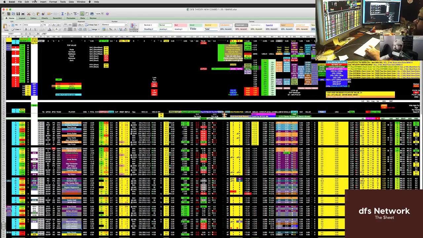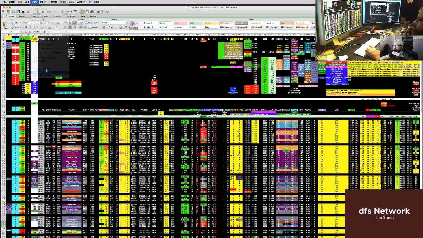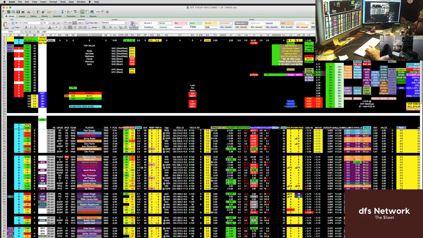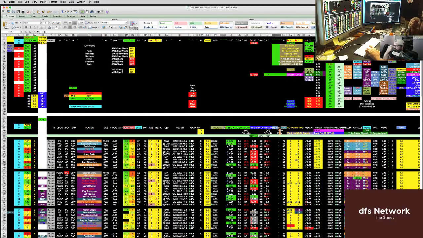So I can actually zoom in on this now that I finished the sheet, so you can kind of look at it. I can go to 125. Okay, so what I do is I start again with the players that I feel are going to be on the court the most, and then I analyze them from top to bottom, just like that. So whoever I feel is going to have the most minutes and usage, I analyze those guys first, and then I go down to the next tier, and so on and so on. So always typically the first ones are the higher priced players,